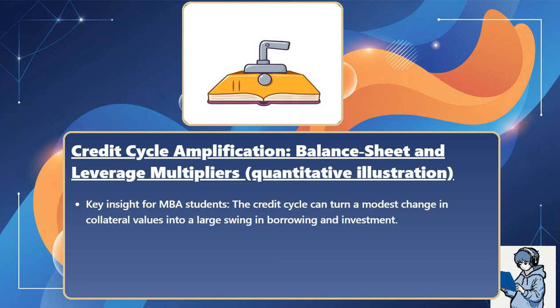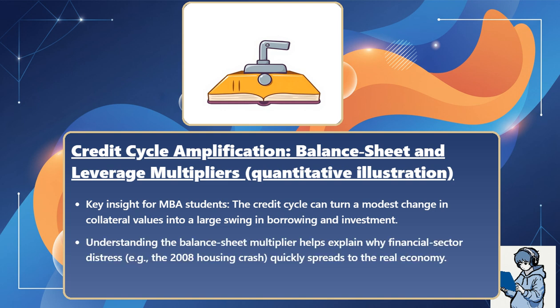Key insight for MBA students. The credit cycle can turn a modest change in collateral values into a large swing in borrowing and investment. Understanding the balance sheet multiplier helps explain why financial sector distress, for example, the 2008 housing crash,